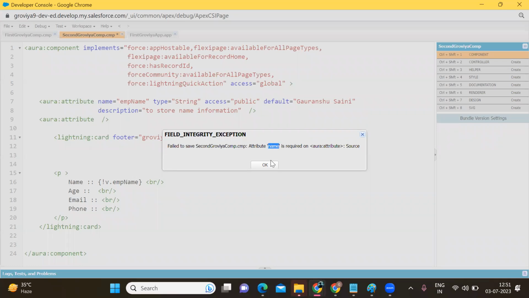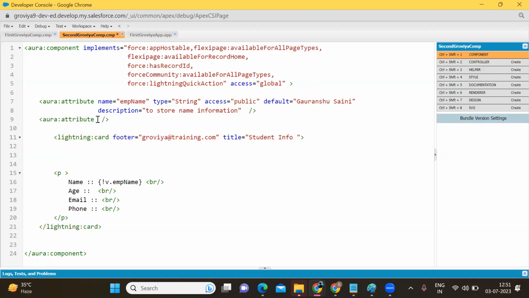Attribute name is required. It's mandatory to write the name attribute. हमने attribute name लिख दिया. Now I'm writing employee age. Which type of data do we have to display? Integer type. Write integer. Then if you want to display a default value, write default value. I want to display a default value. ठीक है. नेम डिस्प्ले हो गया. एज ईमेल के लिए